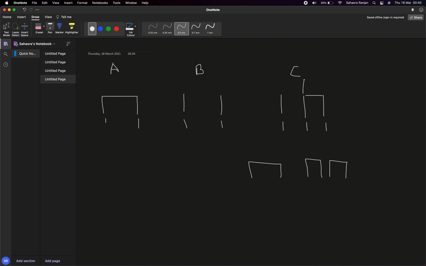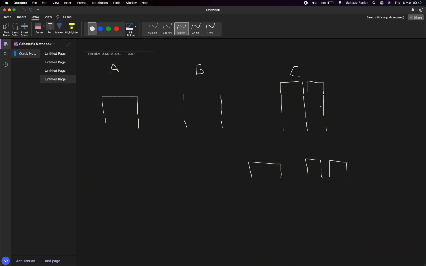Suppose first one here, second one here. These are the 3 cases, this and this, this.